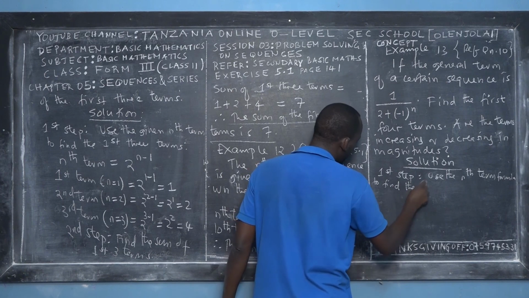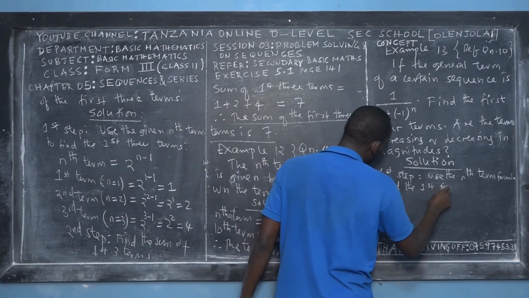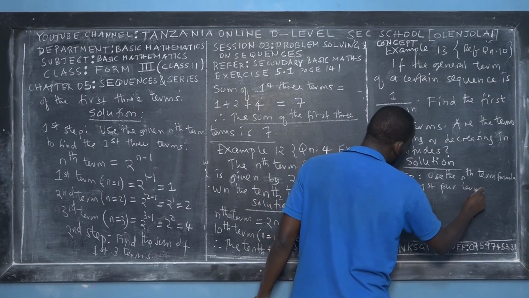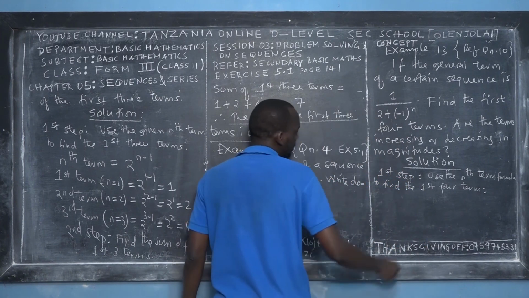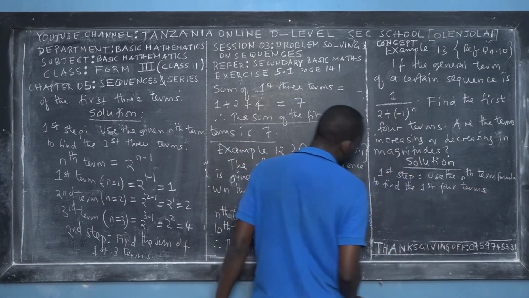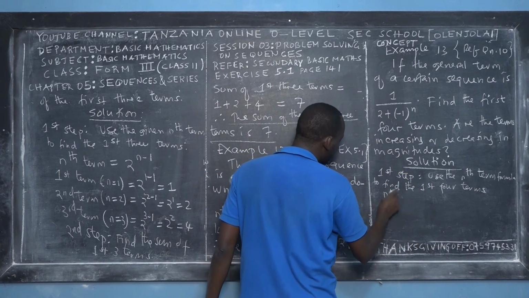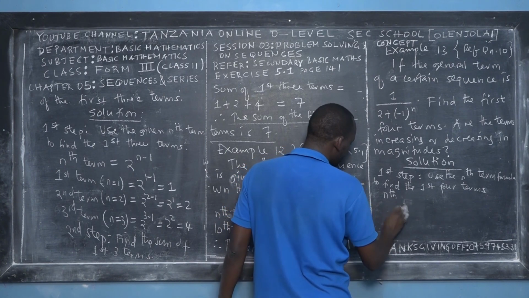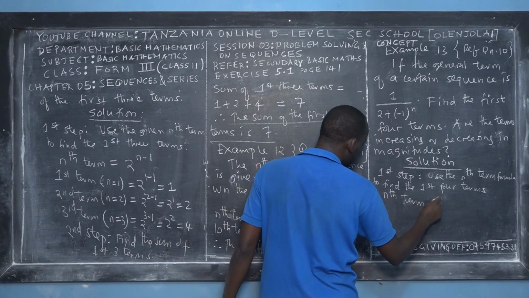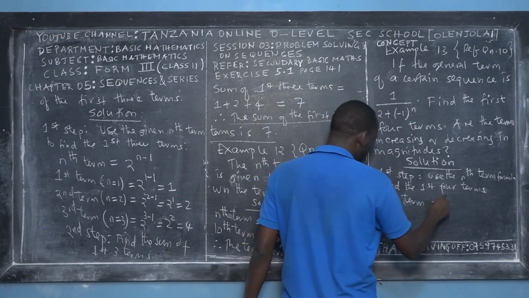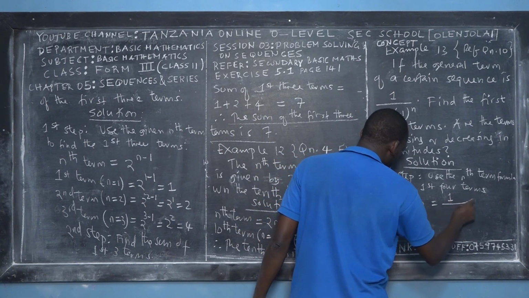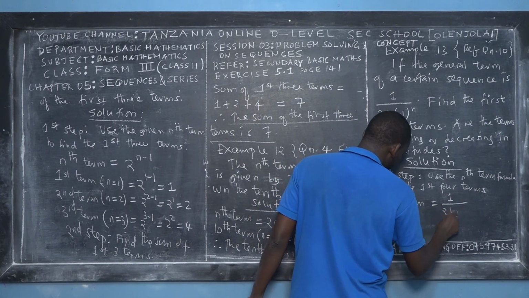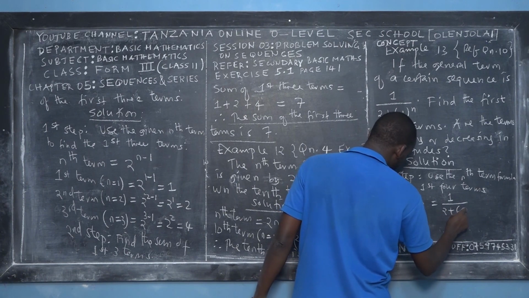Find the first 4 terms. How? The nth term formula is given by 1 as a numerator, and the denominator is 2 plus -1